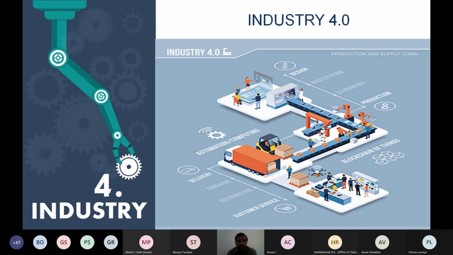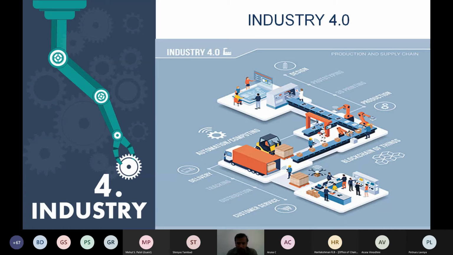So the slide layout, you're seeing a 4.0, a 0 being lifted by a robot. What is this 4.0? Many of you would have heard this term. It is all about industrial revolution. We are into Industry 4.0 now. I'm not going into the detail of it. I'll just say a brief about our industrial revolution.